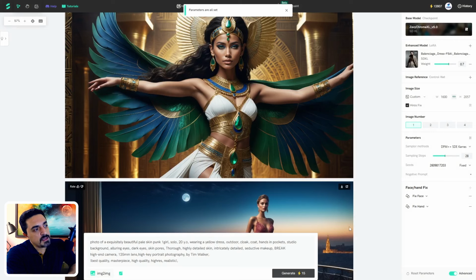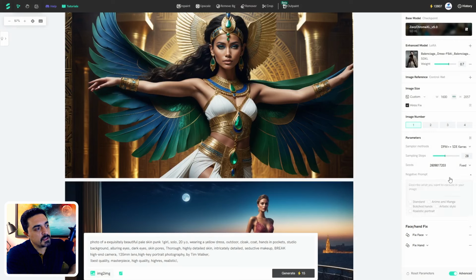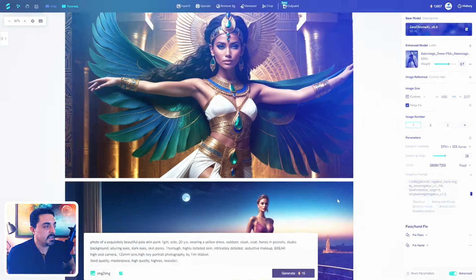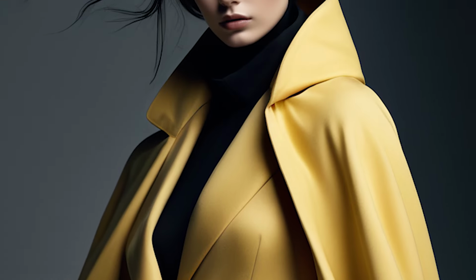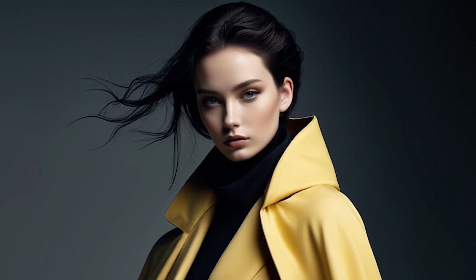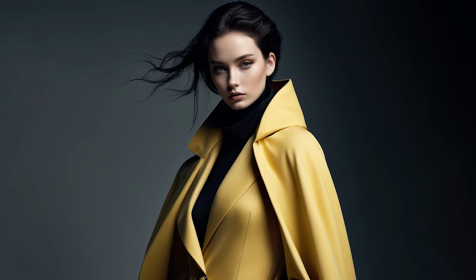And sometimes the negative prompt does not copy with the image. So my recommendation is to copy it from the previous step and paste it here. And now we have all configurations to generate this image, and this generation will cost us 15 credits. Let's just generate this with these default settings. And in just one click, I end with this amazing result. And as you see, we cloned the previously generated image in the simplest way possible.